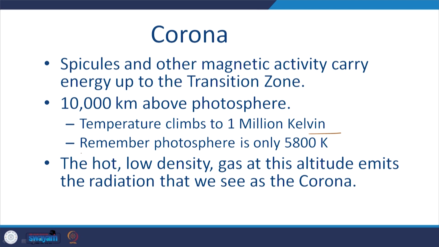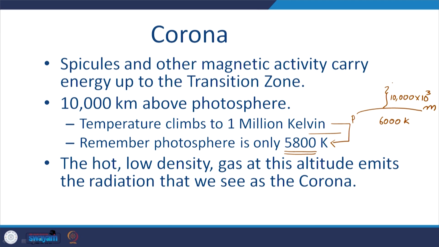It is a very large temperature, so you should always remember this number in comparison to the other number. The hot, low density gas at this altitude emits radiation that we see as the corona. So what is important is the temperature in the corona. Let us say P is the photosphere, then you travel to 10,000 kilometers. The photosphere temperature is 6,000 Kelvin,